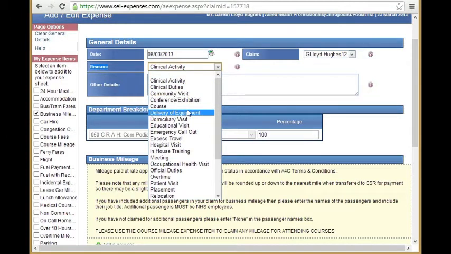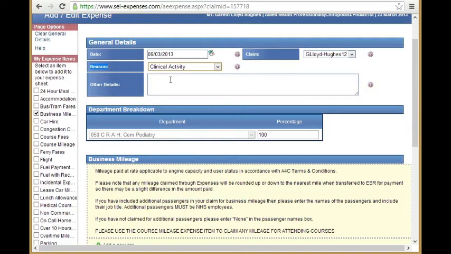I would say within podiatry, it's either going to be clinical activity. If it's from clinical place to place, it's going to be clinical activity. Otherwise, it's going to be domiciliary visit if it's DOMS. We've got meetings and things like this in there as well. Choose whatever you think is the most appropriate, but I would guess it's either going to be domiciliary visit or clinical activity. I'm going to choose clinical activity because I'm going from my base to another clinic and back again